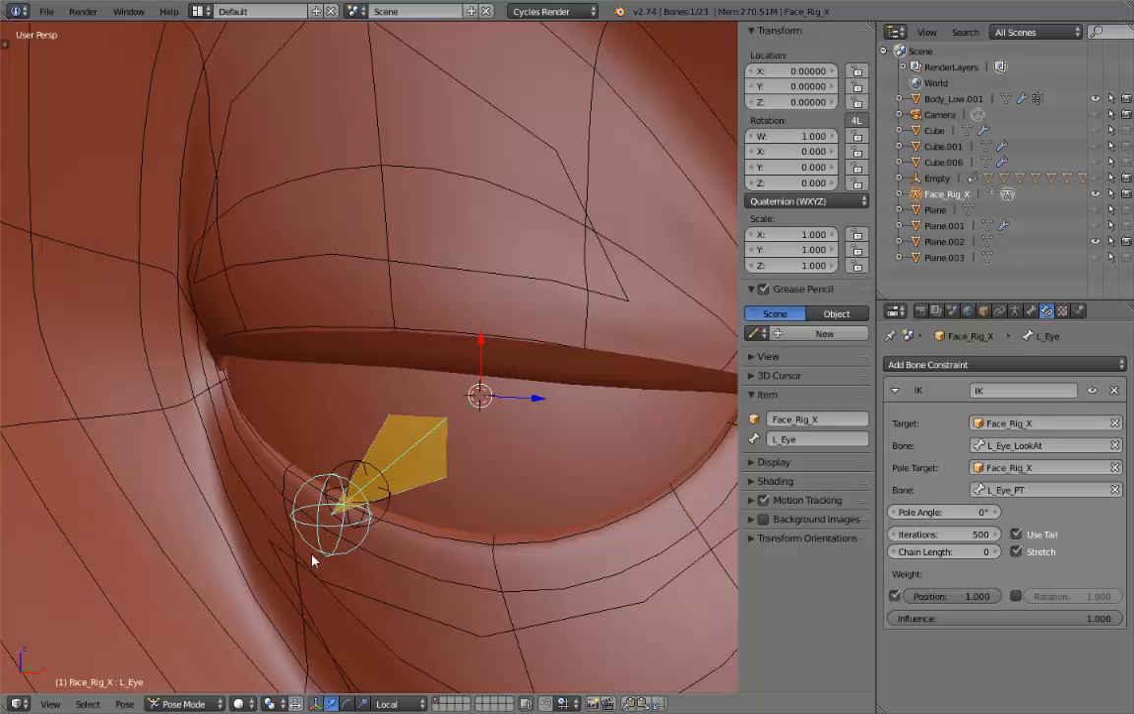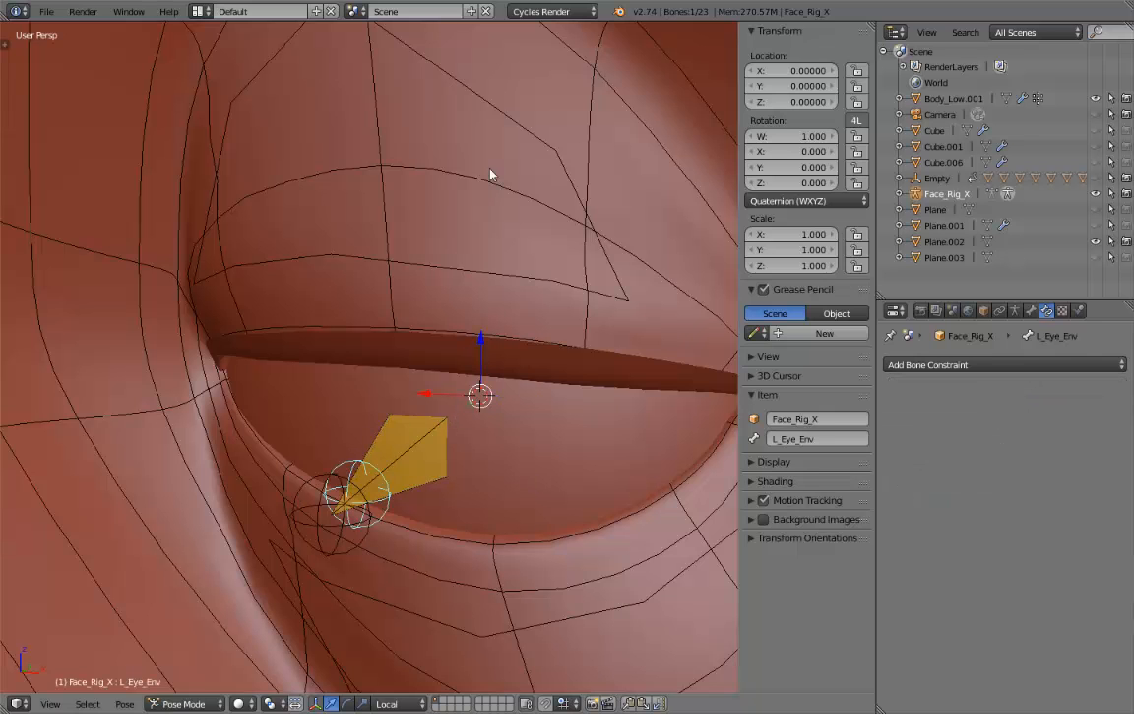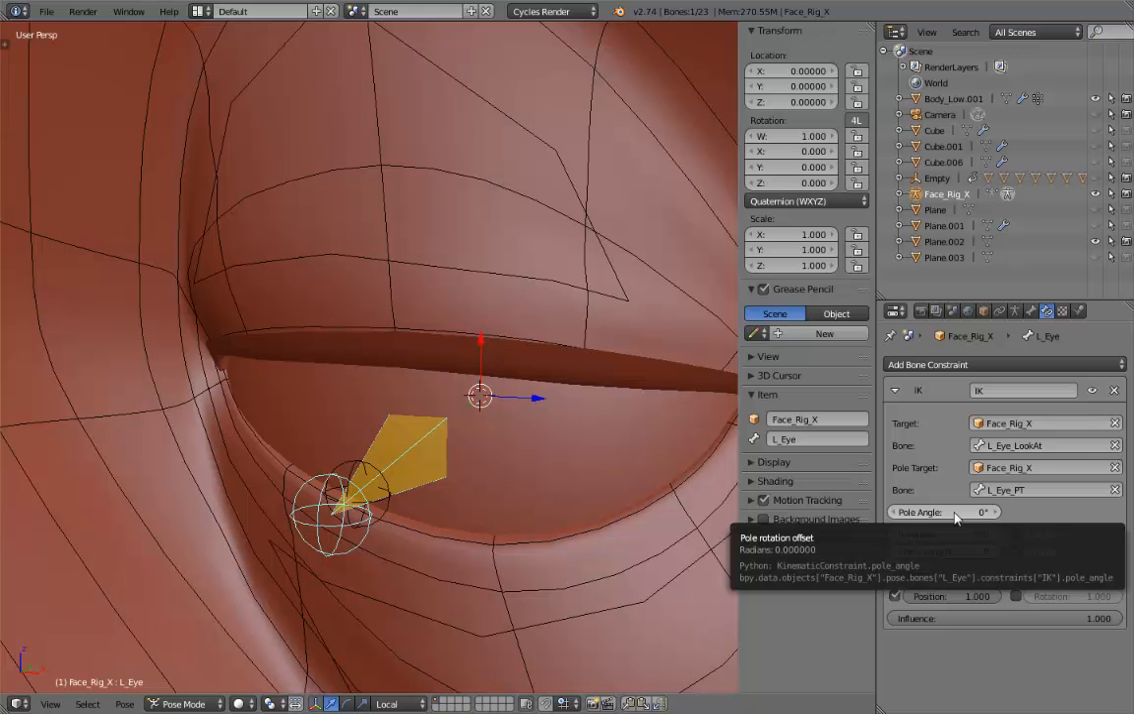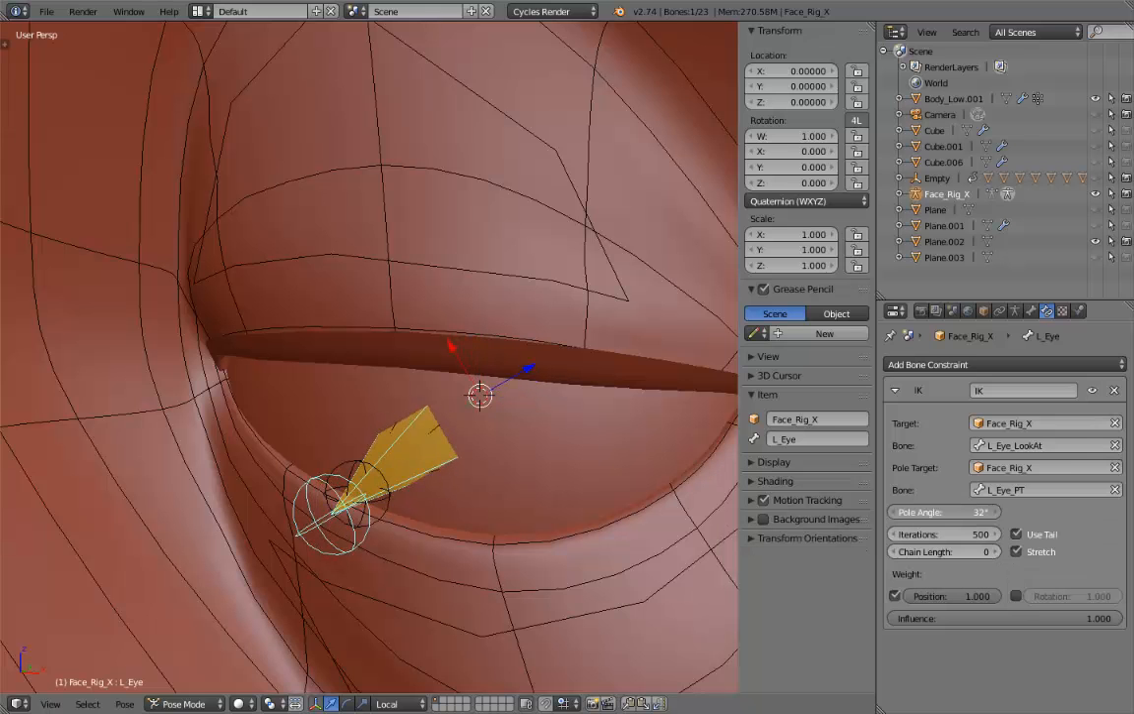The blue one's pointing that way on that one, and the blue one's pointing up on that one. So they need to point in the same direction for this to work. If I select the main one, in its IK constraint there's this pole angle. I can change that, and you'll see that its rotation changes. If I make that 90, its z-axis, which is the blue arrow, points upward, which is the same as